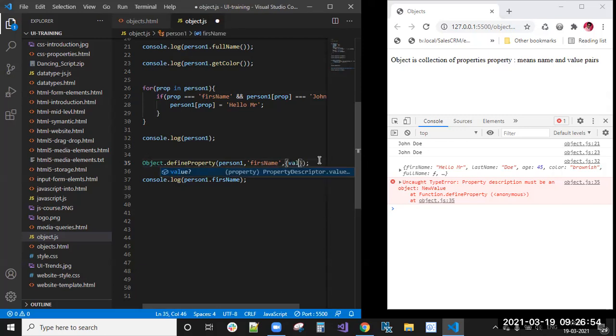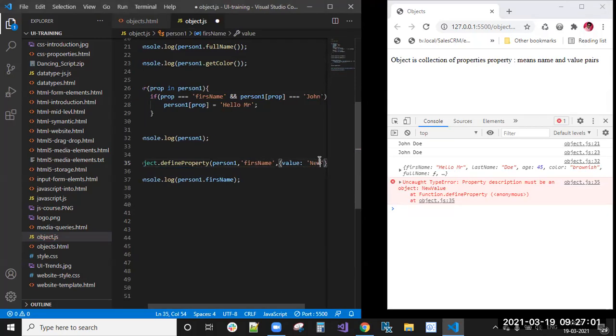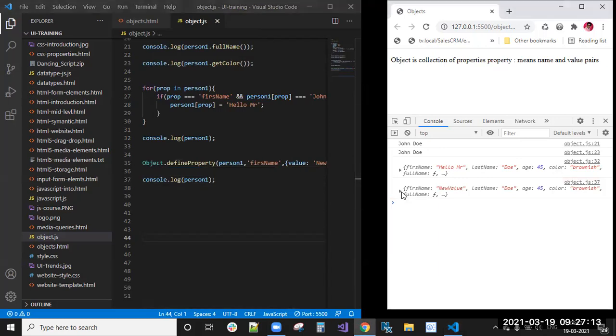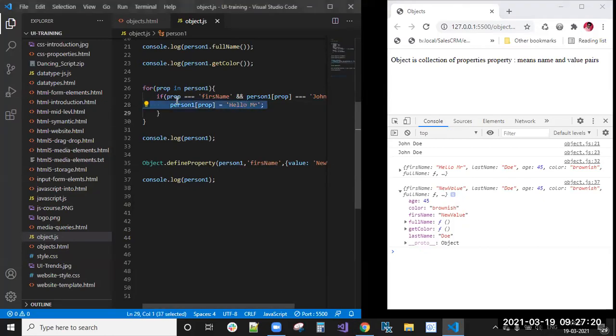Sorry, guys. Okay. Now you can see here the first name is changed to the new value. Here it is hello Mr. because of this condition. Here person one of prop means hello Mr.